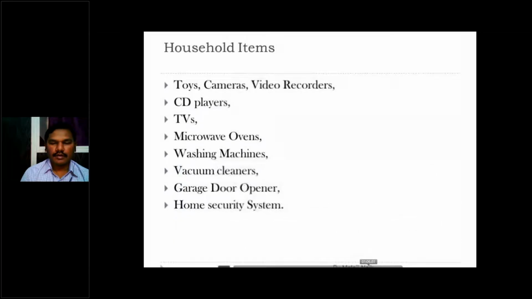Here you can see some of the applications of microcontrollers I want to explain. See here, household items in our home, children's toys, our cameras, video recorders, CD players, DVD players, TVs, microwaves.